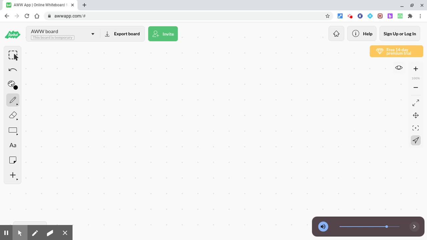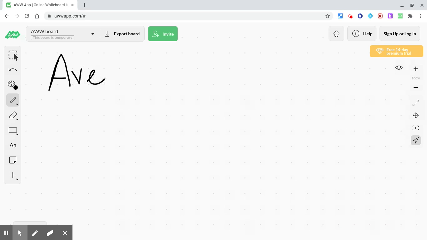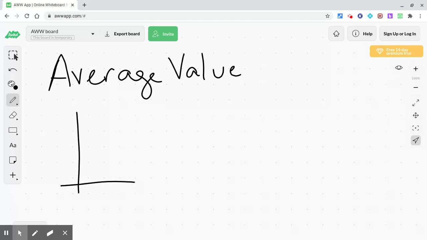So let's take a look at average value of a function and see what this looks like from a calculus perspective, and also compare this to average rate of change and see how the two compare. So the bottom line is average value is saying if I have some graph, some function that's graphed, say f